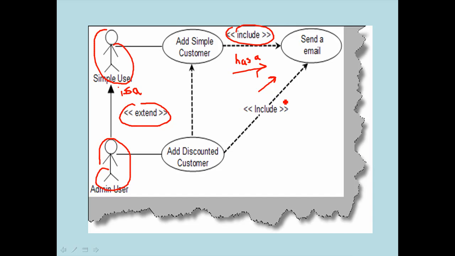So that's all about use cases. As we said, use cases are basically used in the requirement phase. Use cases have actors, and use cases are actions. There are two types of actors, primary and secondary actors. There are two types of relationships you can define in use cases: include and extend. Include defines the invocation relationship, the has-a relationship, while extend defines the parent-child relationship, that is, the is-a relationship. I hope that I was able to make you understand the use case